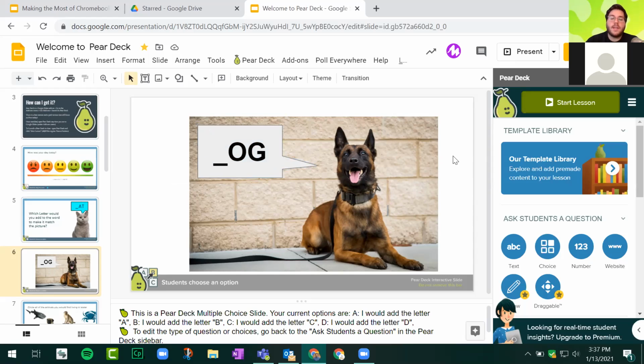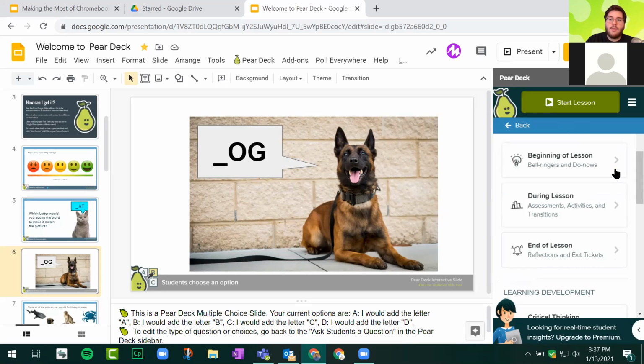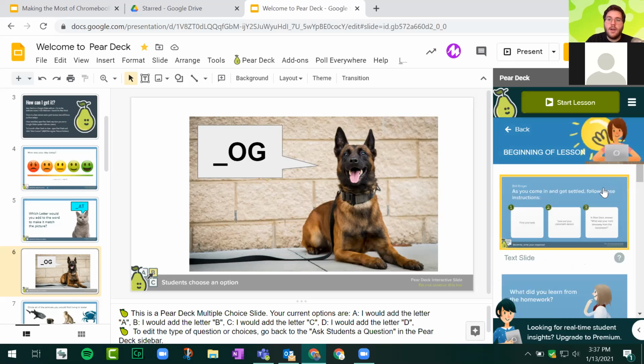There's lots of different question types that you can do. So this one was obviously a multiple choice question. You can do text questions. Those are going to be like your short answer questions where they can pretty much write whatever they like. They can do a number one where they can put in a specific number. You can also embed a website, which is handy. And again, you can also go into the template library where there's a bunch of different templates in here that